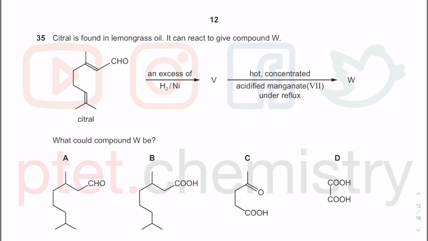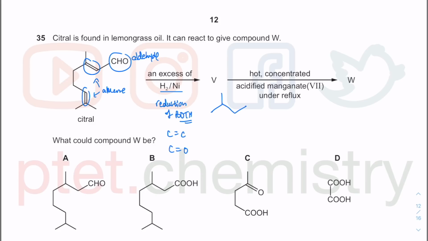Question 35. What do we have here? We have citral. So we have aldehyde. We have alkene. So that and that is just normal alkene. And we will add H2 and nickel. So this one will do reduction. The reduction of both the carbon-carbon as well as carbon-oxygen. So what you're going to get, so draw skeletal. So here originally was like that. So you're going to get an alcohol like this